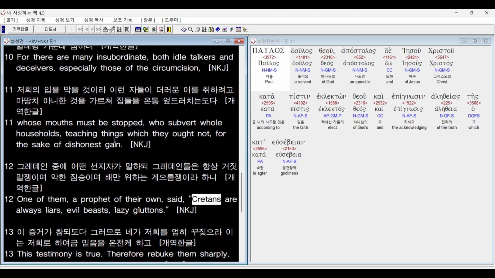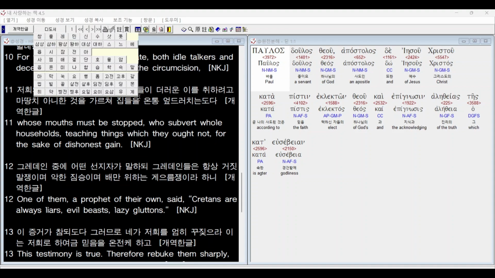Because here it says, whose mouth must be stopped. Because from the mouth either comes out the Holy Spirit or the unclean demon spirit is in it. So the mouth is very important. What comes out from my mouth is the thing we ate. Because the stopped mouth,